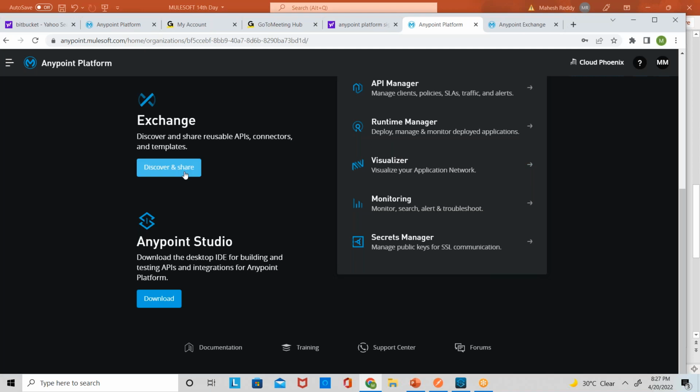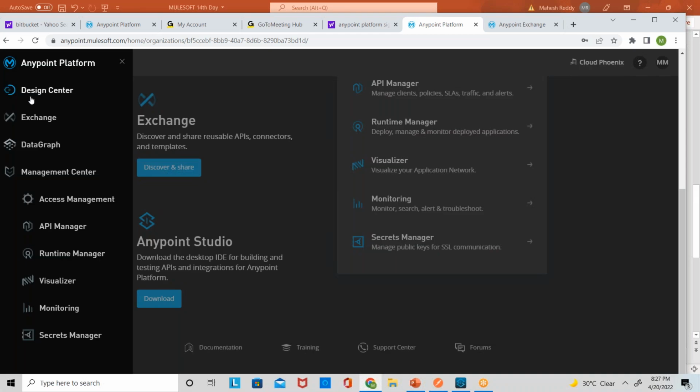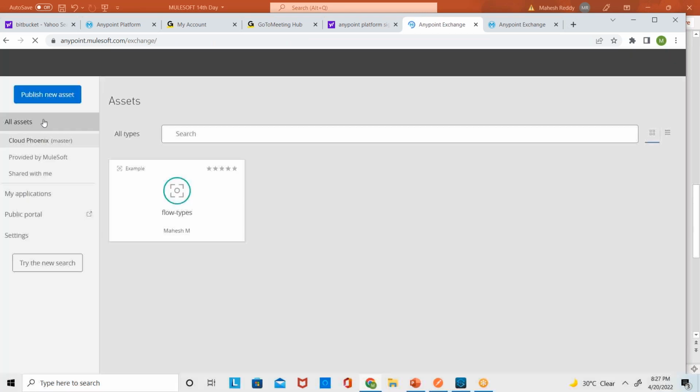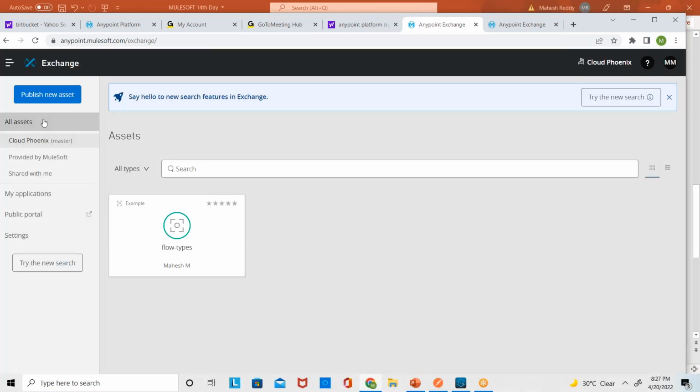Now I will click on discover and share here, or I can go to the menu option here, and I can go to Exchange. I can do any of these two options. I'll click on Exchange here. Now I'll be navigating to Exchange. See, if you see here,